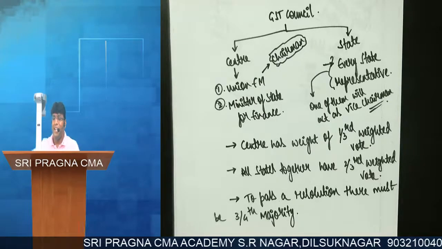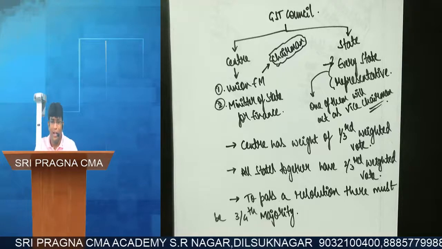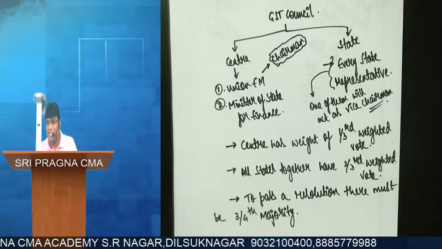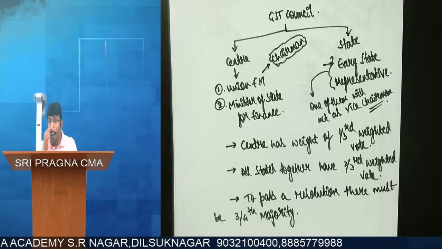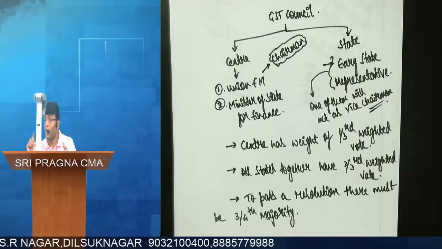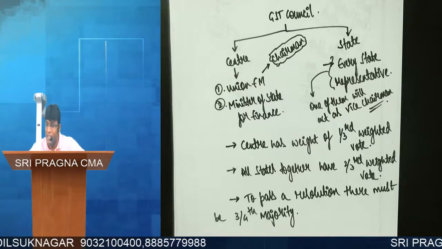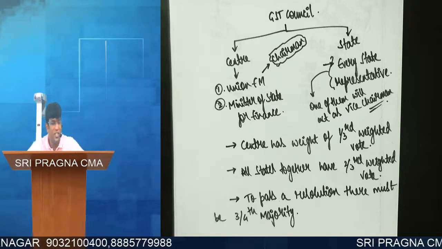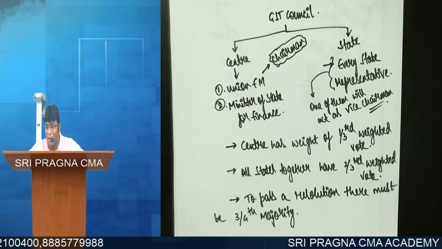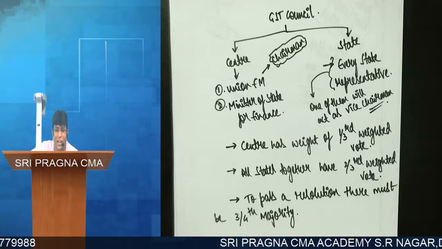Listen carefully, sir. Center alone tells yes, done. How much percent is over? So when I'm telling center tells yes, that means what? For some decision in GST, for example, we want to change the GST rate, or increase the registration limit, or talk about utilization of input tax credit. Any change in GST is done by central government on the recommendations of GST Council. So for that particular change, central told yes, 33.33 is done. Imagine central told no, but all states together told yes, let's bring it. How much percent is it? 66.67. But to pass that decision, how much percent is required? 75%.